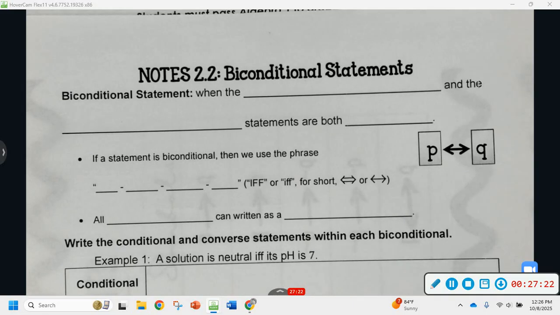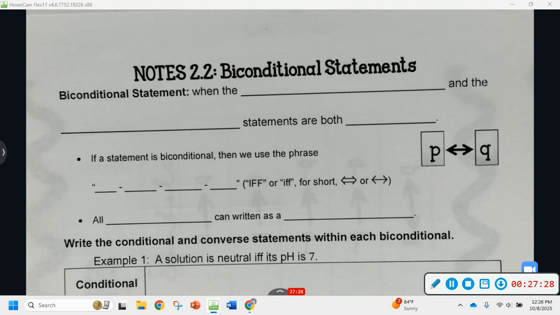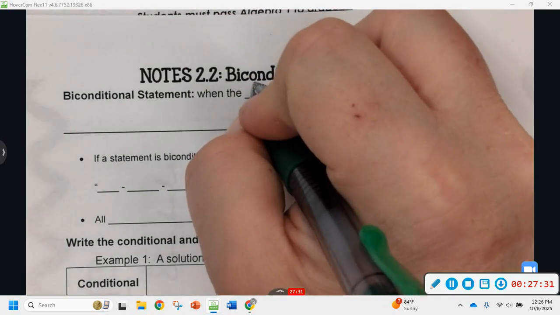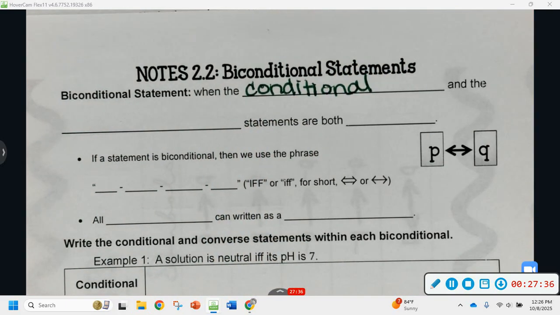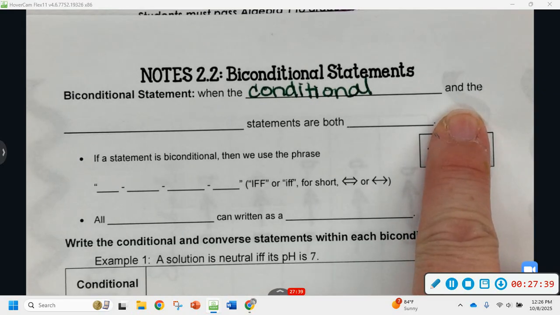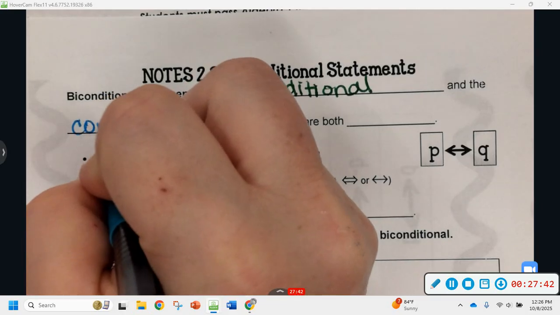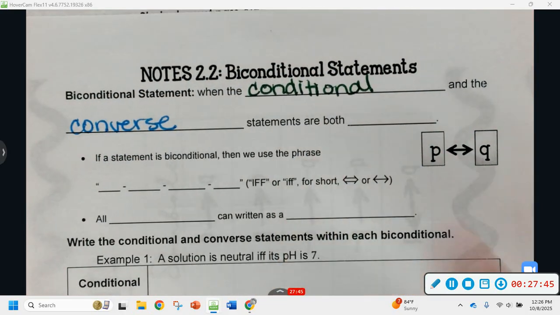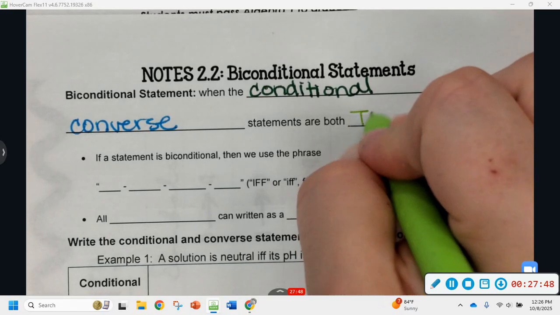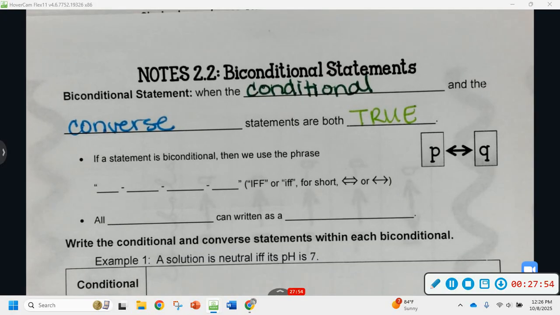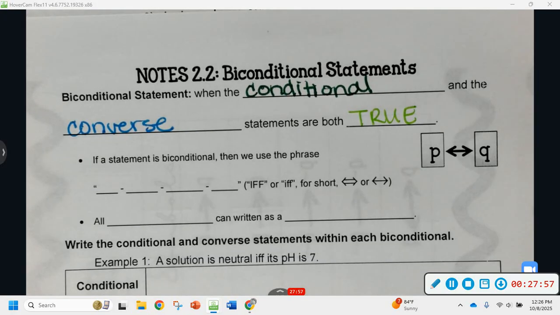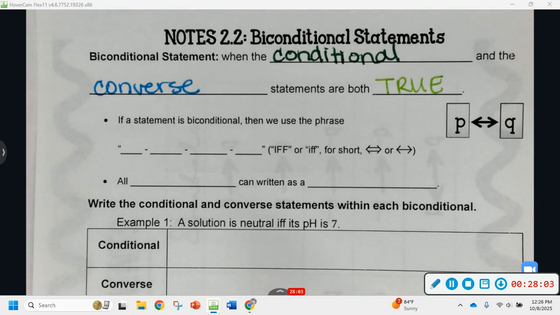A biconditional is when your original conditional statement and the switched version, your converse statements, are both true. So if, when you're writing those going both directions, they are true, then that's called a biconditional. So a biconditional will use the phrase,